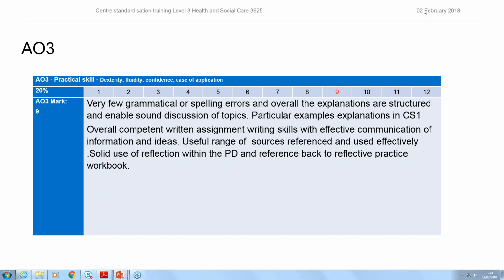Just to mention here about the reflective practice workbook, it really was very evident last year that those learners who'd used that workbook well and had got a really solid piece of evidence in front of them could make good use of it in the professional discussion. And where that hadn't happened, the responses that came out were far weaker and didn't do the candidate much justice, quite honestly. So a real plug for that reflective practice workbook, please.